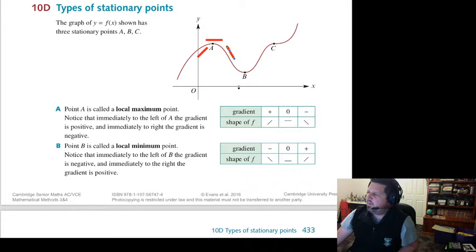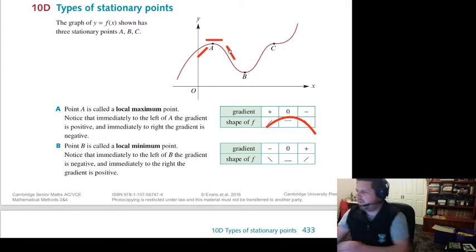All right, so you can pop that into a table and look at what's happening to the shape of it. To the left of that point it's going up with a positive gradient, then the stationary point, then after it's going down. Hopefully you can see that it's going to take that type of shape. At the very top, it's going to be a local maximum. Likewise, the other way around,